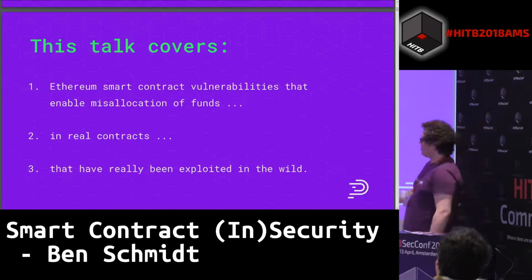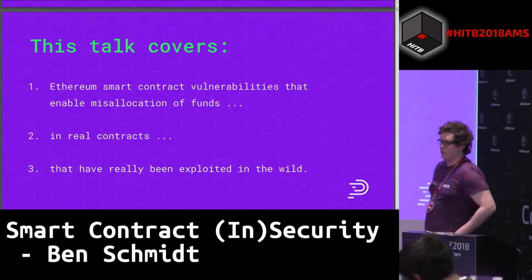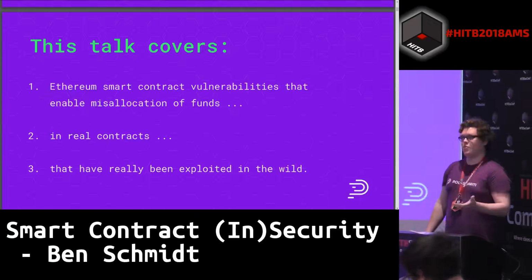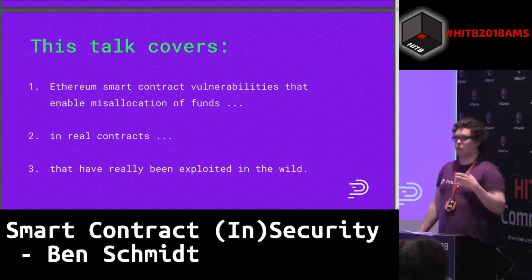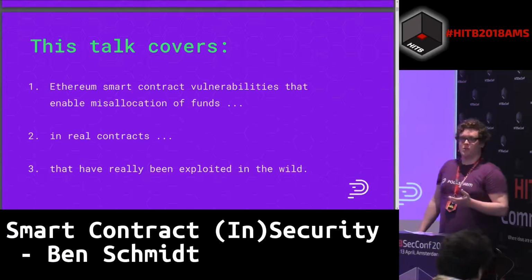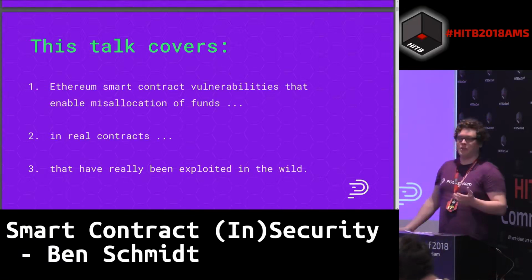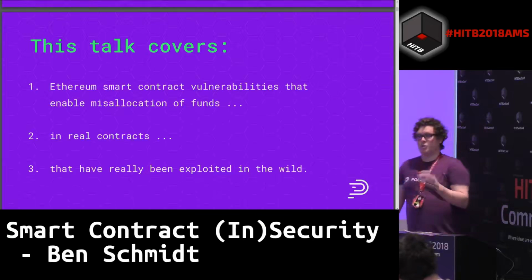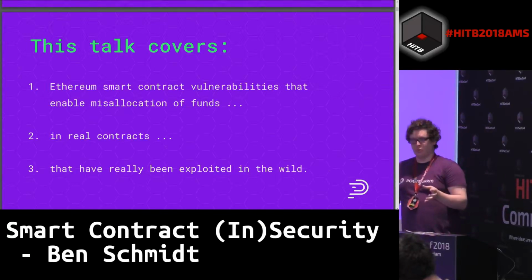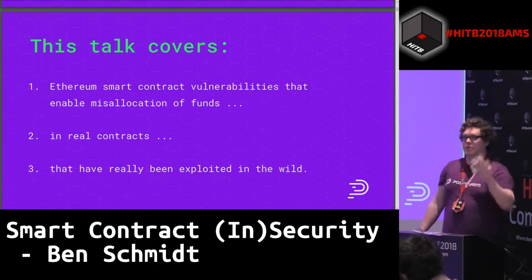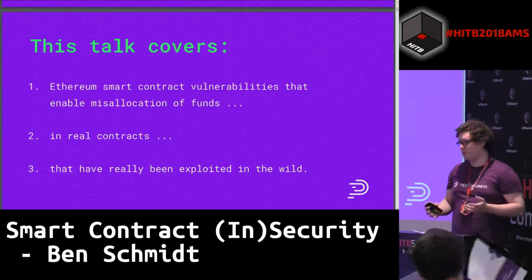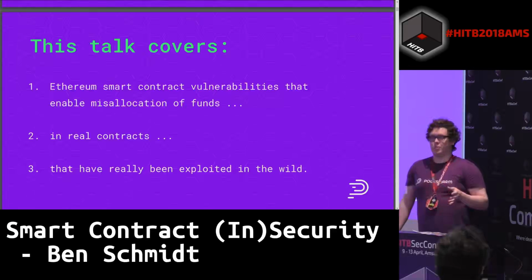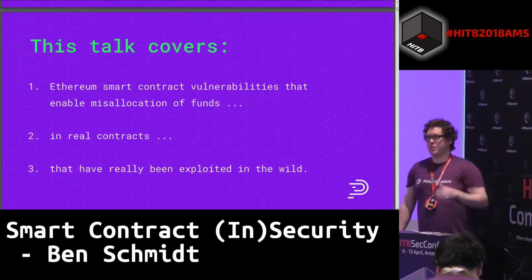What is going to be covered are smart contract vulnerabilities that allowed someone to steal funds or disable the use of funds. There have been a couple of large-profile hacks of a large amount of money, and also some compromises of smart contracts that led to funds effectively being destroyed on the network. These are all things that have happened in the real world, mistakes people have made, but they instruct how one would go about looking for vulnerabilities in these sorts of contracts. These have really been exploited in the wild, and we'll be looking through how exactly some of those exploits worked.